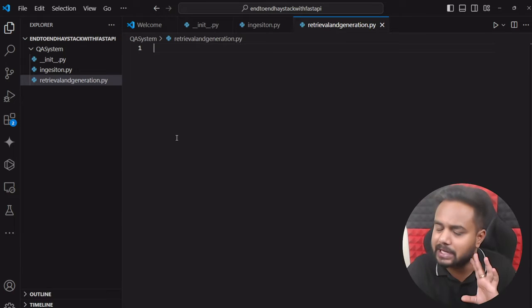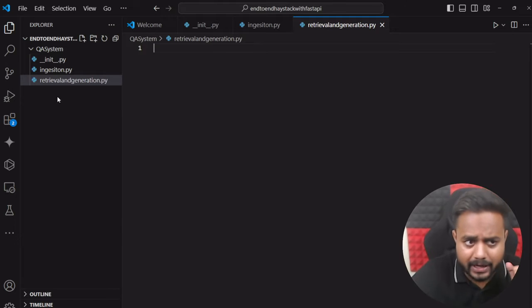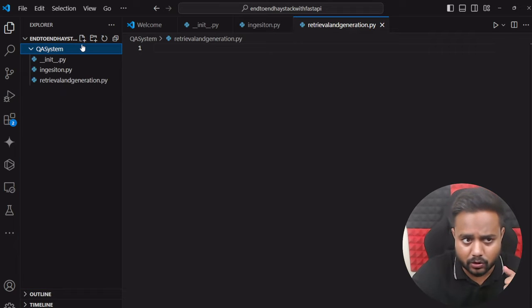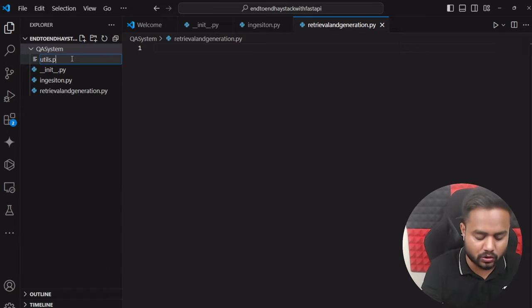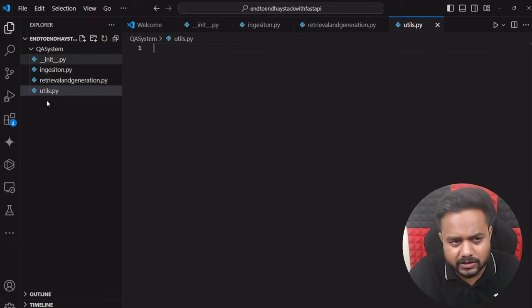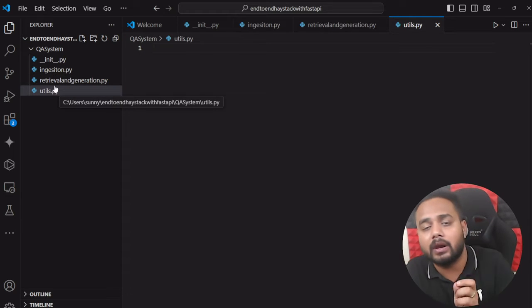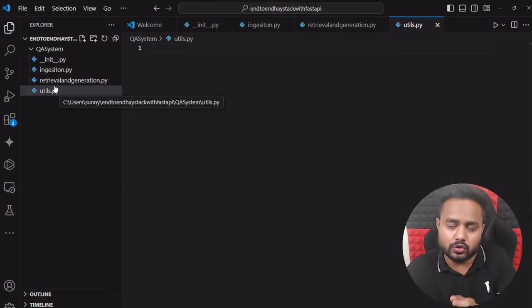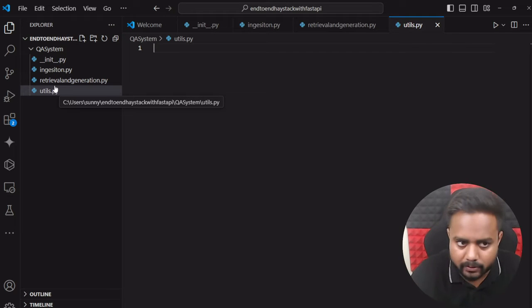Both codes I will write inside the single file. The next file inside this folder which I'm going to create is utils.py. So I have these three files inside this folder: ingestion, retrieval and generation, and utils. First we'll ingest the data, then we'll retrieve it, and then finally we'll augment it by using the